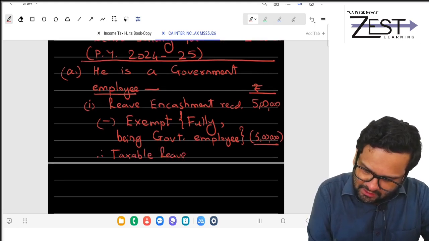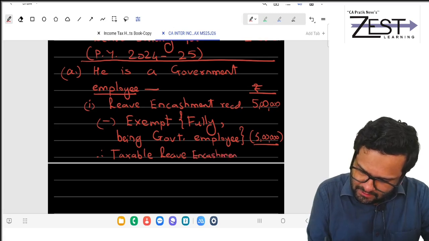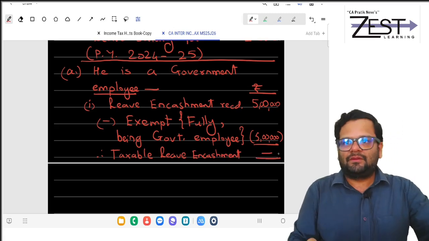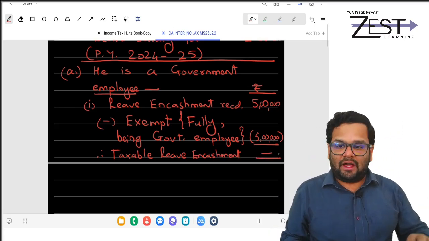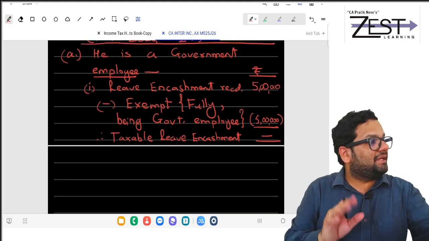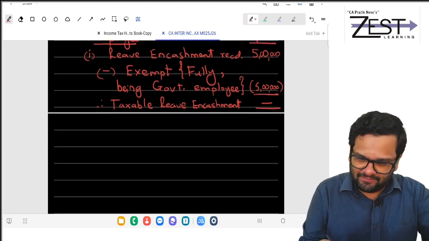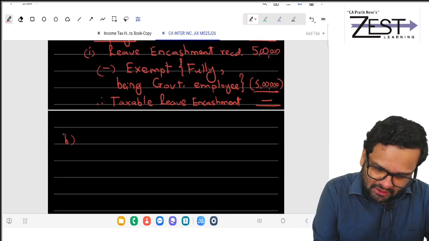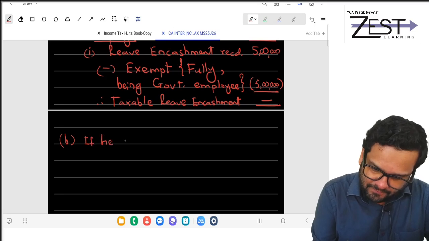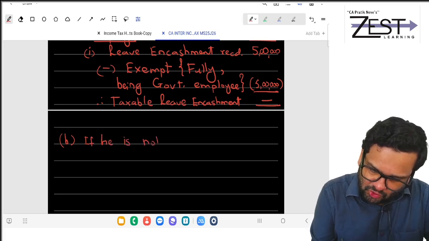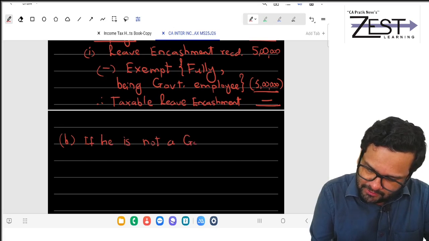So taxable leave encashment will be nil. Yes, perfect. Now going ahead, what is case B? The most important case. That's what we are learning this entire thing for. If he is not a government employee,